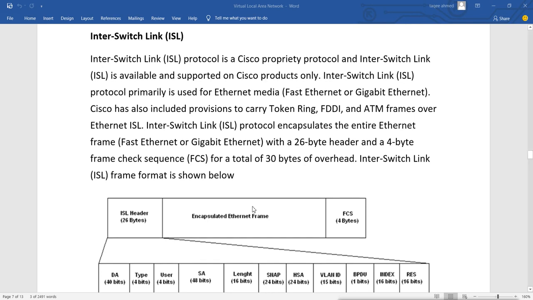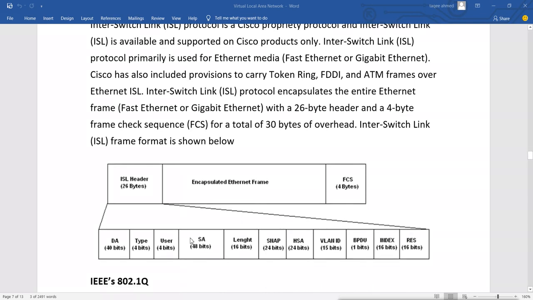So it is just like this. When you have a data packet encapsulated from layer 7 down to layer 2, the data link layer, the switch will encapsulate the packet with this ISL protocol. This is our packet encapsulated, and it adds extra information: 26 bytes for the ISL header, and also 4 bytes for error checking.